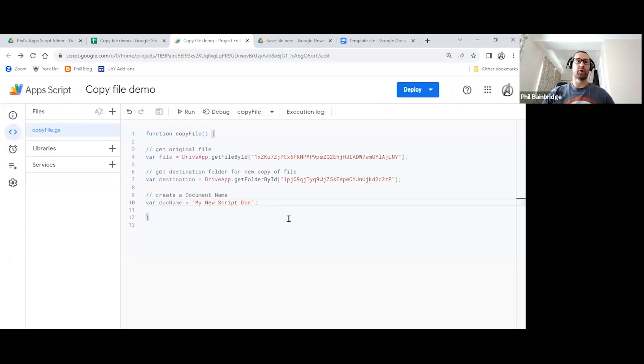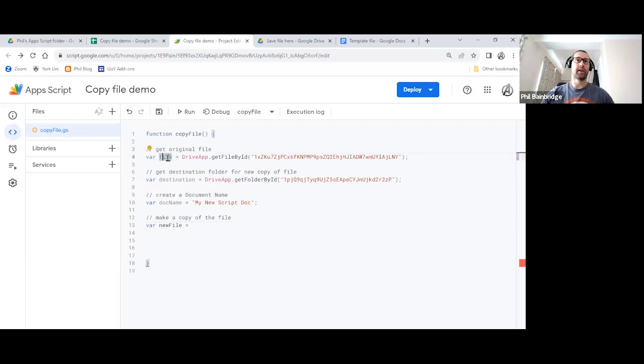Now we're ready to make a copy of the file. I'm just going to hit enter a couple of times to give myself a bit of space. Let's insert a comment again with our two forward slashes, and this is the part where we make a copy of the file. After this, I want to get the URL of the file, actually, because the URL is going to give us a direct clickable link to where we can get to the actual item, and it might be something you pop in a spreadsheet. So I'm going to store the making of the file in a variable so that we can access it later on, as you'll see. I'm going to create a variable and call it newFile.